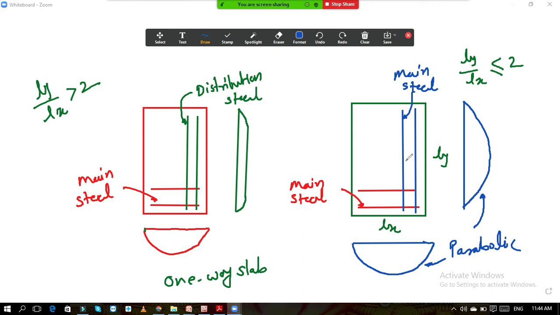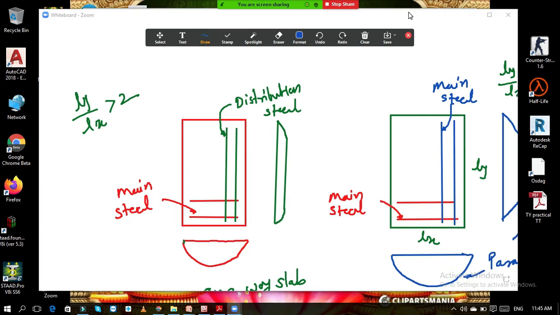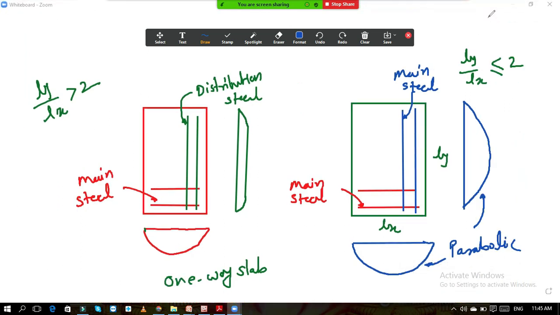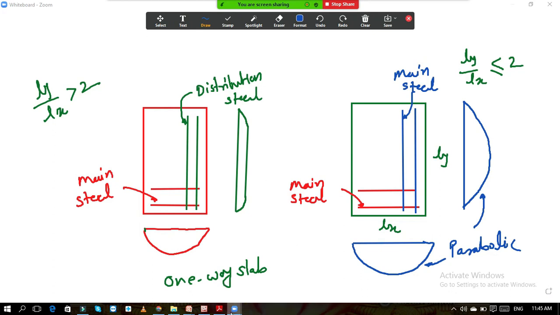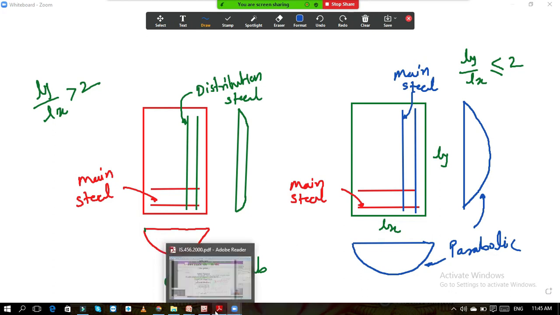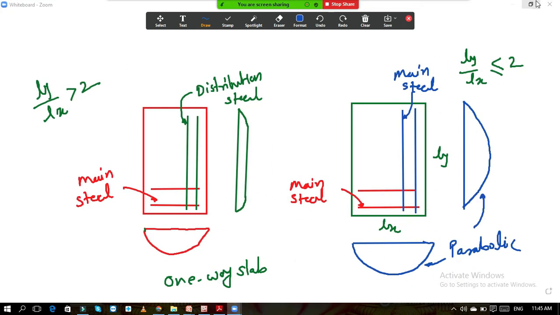Now after this we will move to the numerical problems, and while solving the problems I will tell you the design steps. Okay, while solving itself I will tell you the design steps. So in today's lecture we will take down the problem, and in the next lecture we will solve it. Okay, so I will take the problem first.